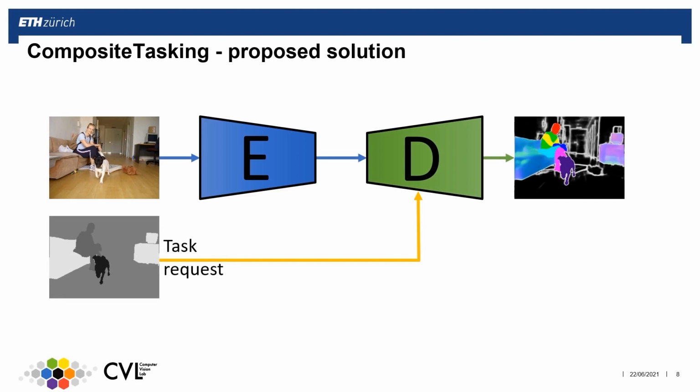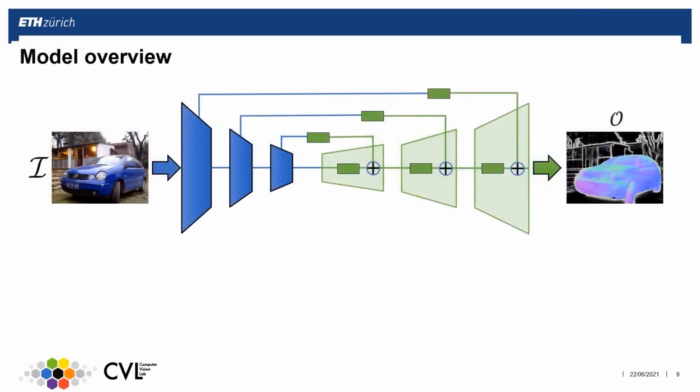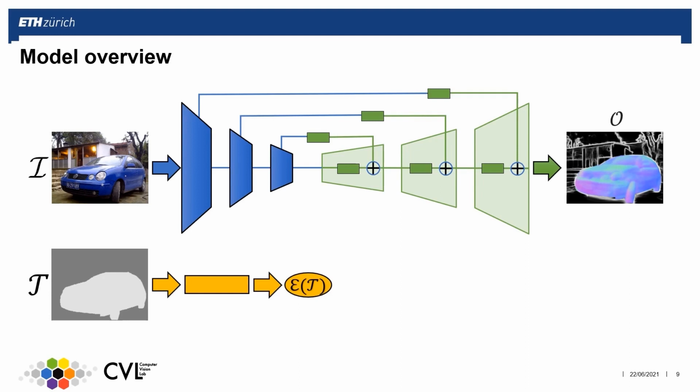The network is able to predict different tasks at different locations by using the task conditioning block in the decoder and the skip connections, the green rectangles. The task conditioning block refines the propagated features based on the embedding of the provided task palette. The embedding of the task palette is computed once using the task representation block, and the same embedding is given to all the task conditioning blocks.